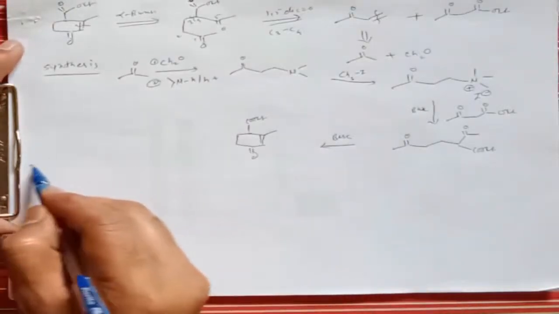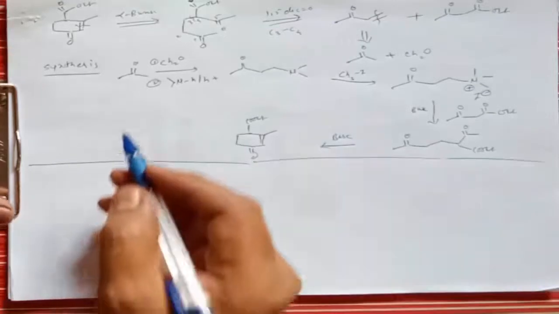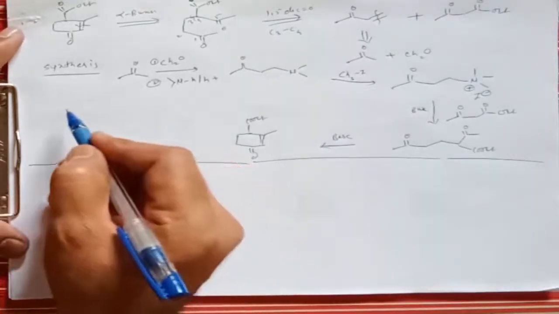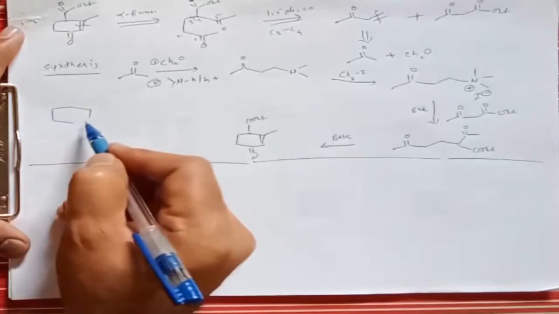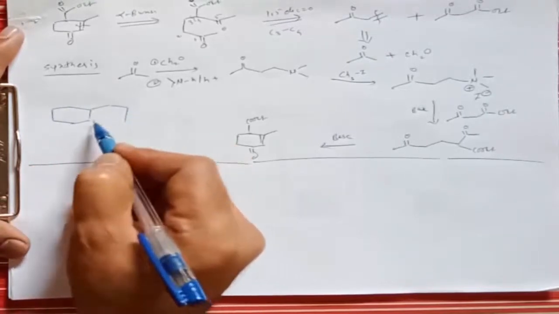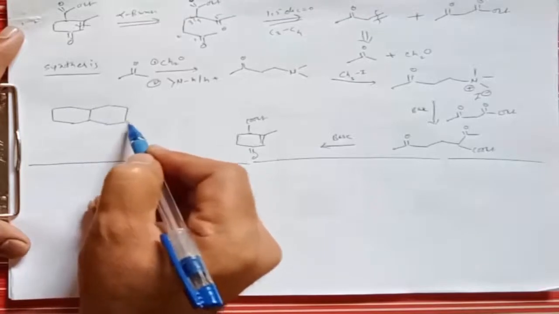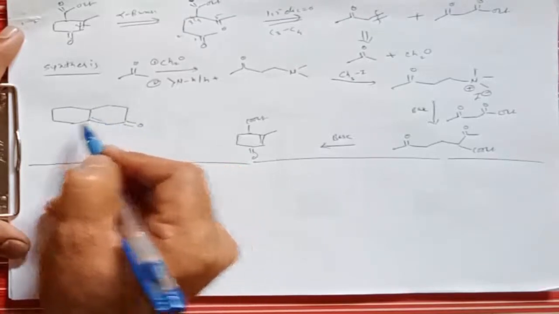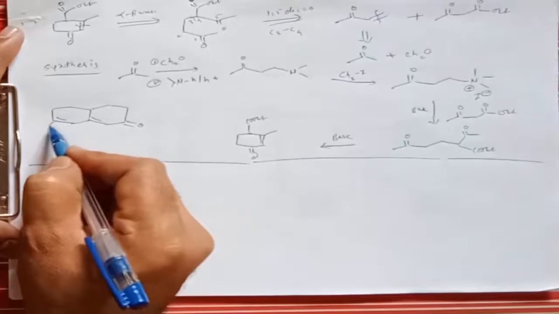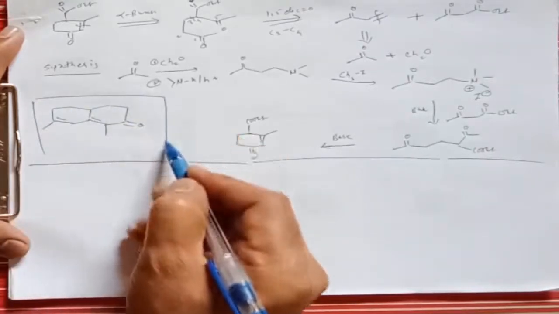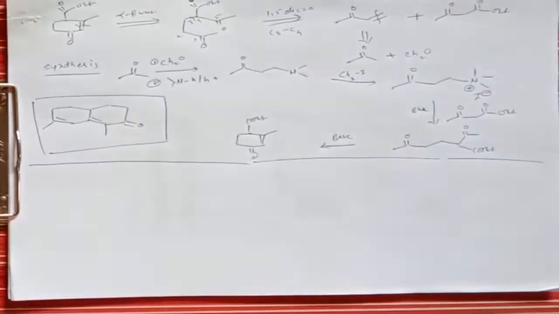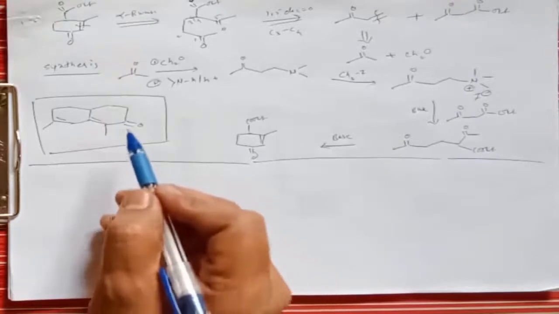Let us take another target molecule. So here I am giving one exercise to you, a molecule containing an alpha beta unsaturated carbonyl system, here is a double bond, here is also one double bond, here is CH3 and here is CH3. So you have to try this molecule and find a good synthetic route for the synthesis of such type of target molecule, right? So this is again an alpha beta unsaturated system.